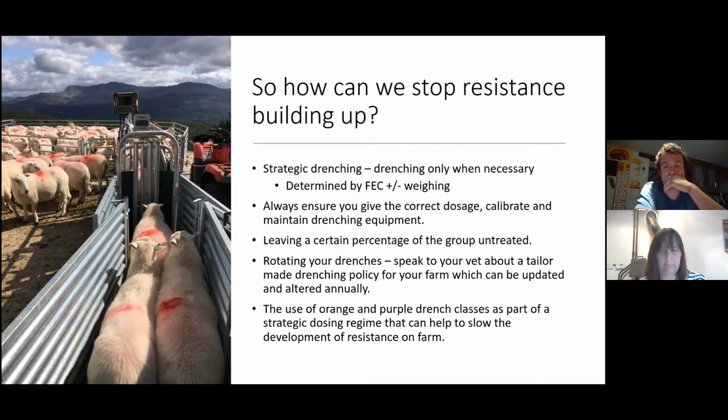Leaving a certain percentage of the group untreated. What this does is mean you're not exposing all of the population of worms inside the lambs' guts to a dose. So you're potentially leaving more non-resistant worms that are going to be shed onto the pasture, diluting out the effect of resistant worm eggs on the pasture by allowing some of the population to remain untreated. What we mean by this is taking off the top 5 to 10% of your